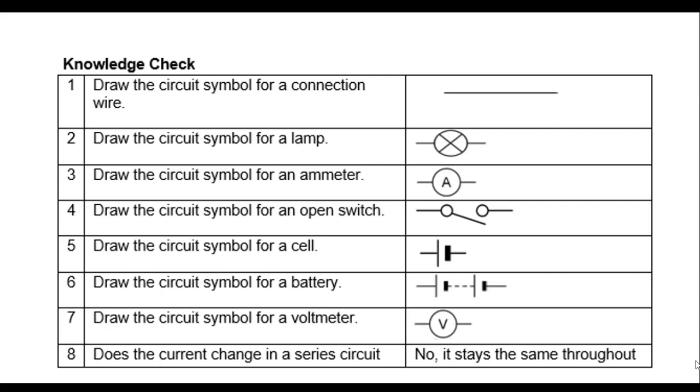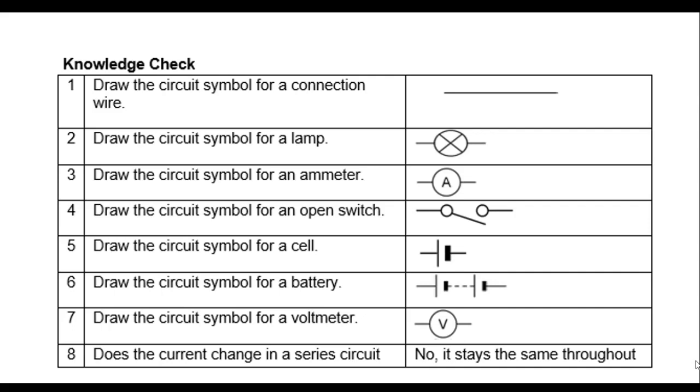The symbol for an ammeter is again a circle, but instead in the middle there is a capital A for ammeter. The circuit symbol for an open switch is a connecting wire with a gap in the middle, and either side of this gap there should be small circles, and there should then be a line showing the switch. So the switch should be connected to only one of the circles, showing that it is an